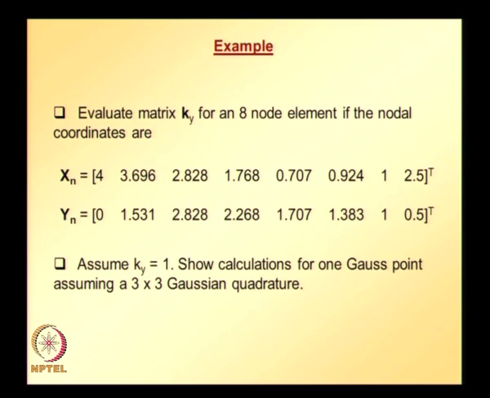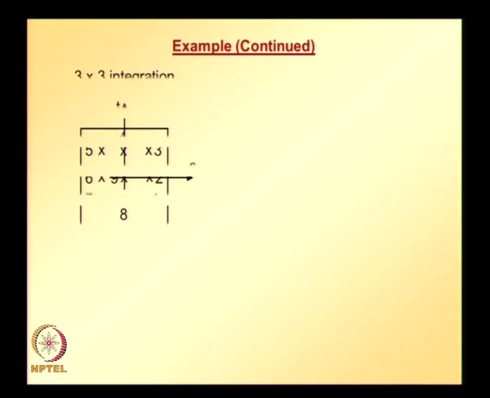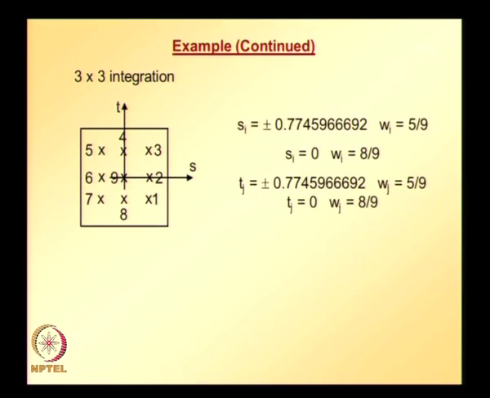So we need to know what the weights and coordinates are when we use 3×3 Gaussian quadrature. Already we discussed this earlier, and these are the coordinates and weights in the s direction and t direction. Using the Cartesian product of these coordinates, we get coordinates of all the 9 integration points. Please note that here we are going to get a total of 9 integration points because we are using 3×3 integration, and